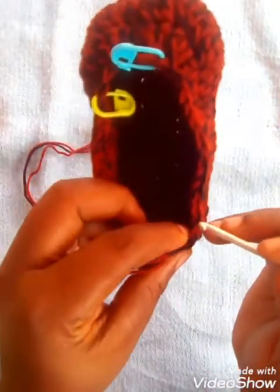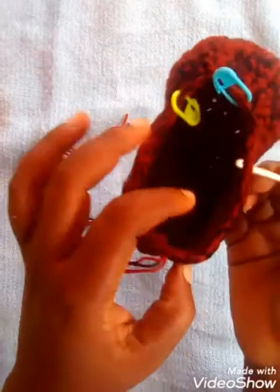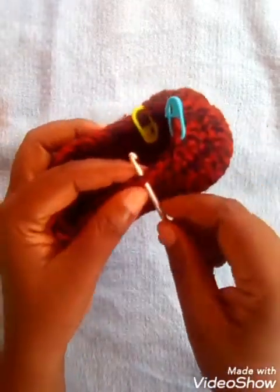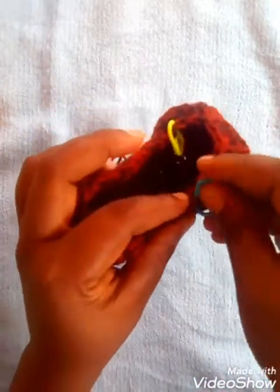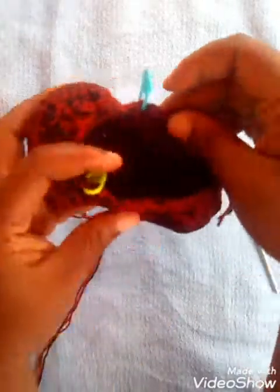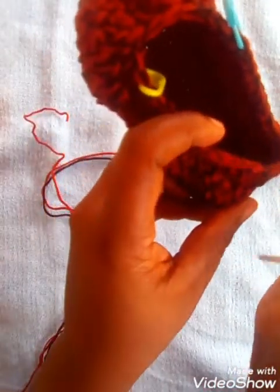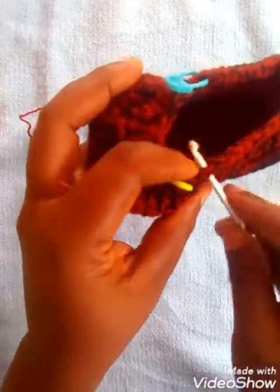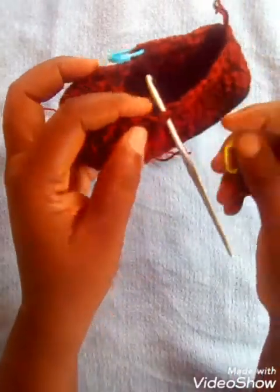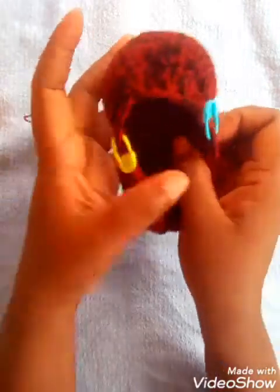So what we'll do, you count 1, 2, 3, 4, 5, 6, 7, 8, 9, 10, 11, 12, 13. Put a stitch marker, and then from this other side count also 13. 1, 2, 3, 4, 5, 6, 7, 8, 9, 10, 11, 12, 13. You put your stitch marker, and then now